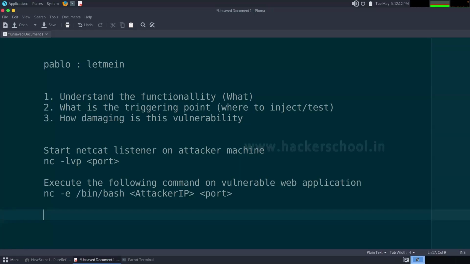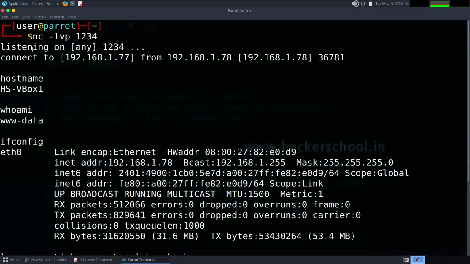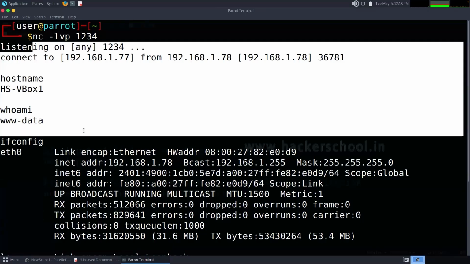Of course, the sensitive information, if it is usernames, passwords, or cookie values, and if the application is vulnerable to some other thing, then we can use that to gain access to that user account and so on. But we should understand which vulnerability can be really interesting and which can be taken towards the advanced levels. So this is how we can execute and obtain a reverse connection. In fact, on HSVbox1, I didn't tell you the